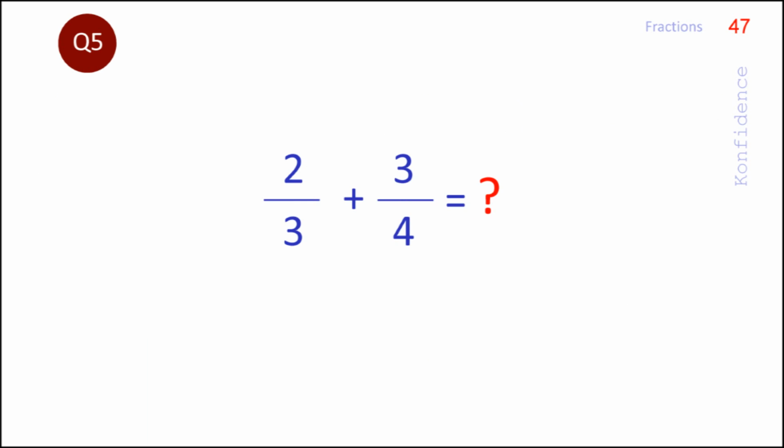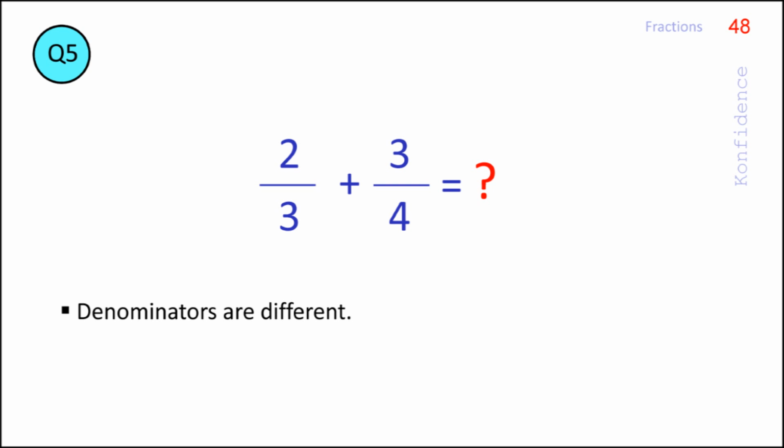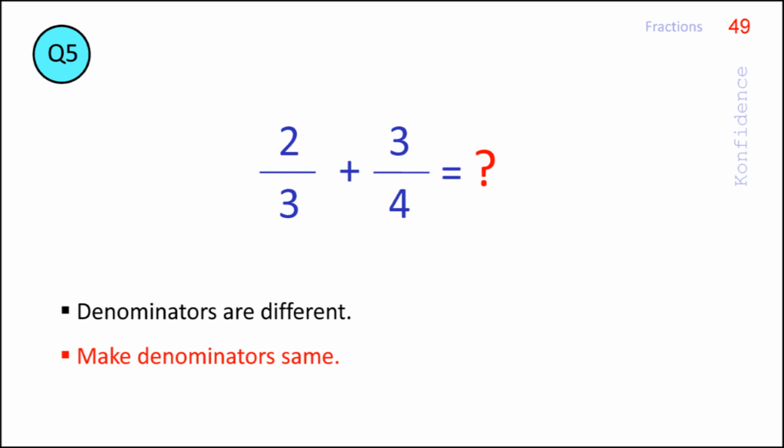Look at the next question given in the slide. Here we add 2 by 3 and 3 by 4. Here also we are having two fractions with different denominators. Here the addition is not that straightforward and easy because the denominators are different. The standard approach to add these type of fractions is to make the denominators of the fractions the same without